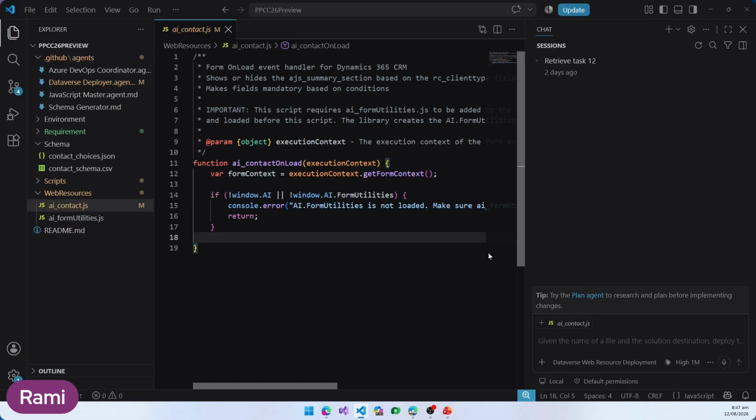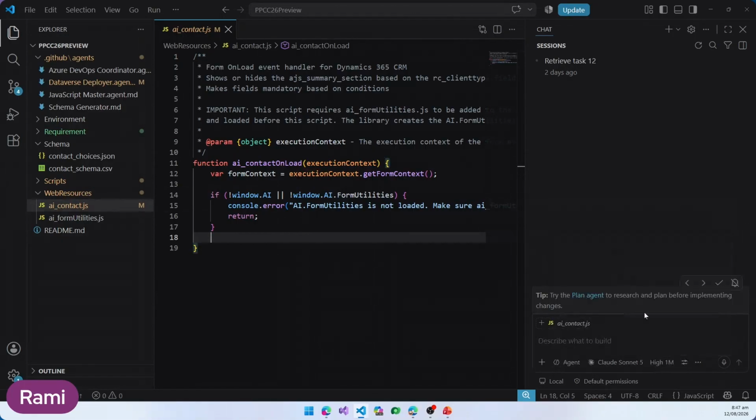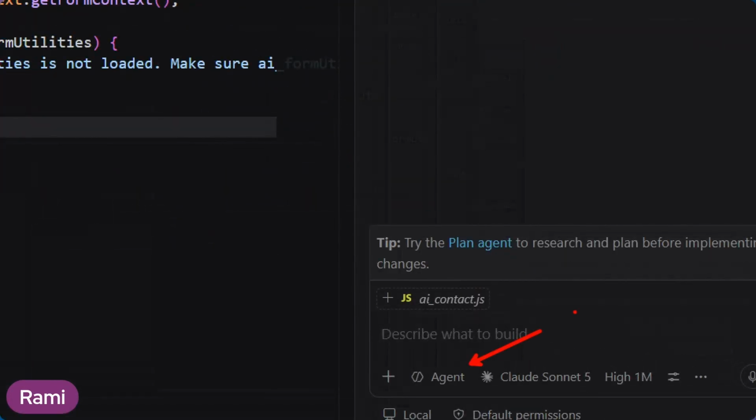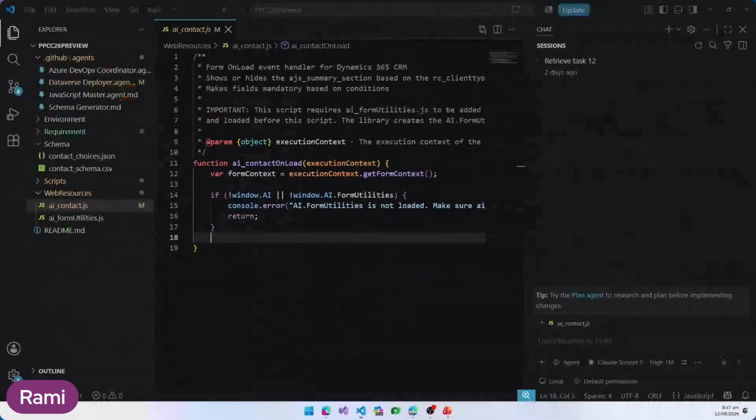Now, what you will notice in here is that I've got my agentic capability on the right side with the AI capabilities, which is the GitHub Copilot. So right here, as you can see, typically you would have an agent in there. Agent will be able to just do quite a lot of generic stuff, but I've built my own agents, my own capabilities. And as you can see in here, there's quite a few of them. There's one that can connect to DevOps. There's one that can actually deploy changes. There's one that can understand JavaScript. And then there's also a schema generator.